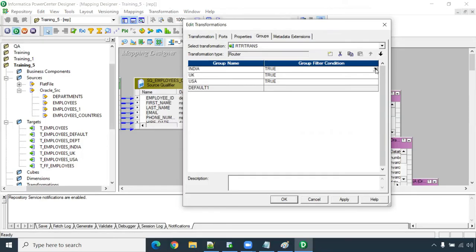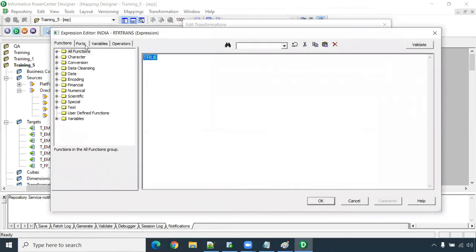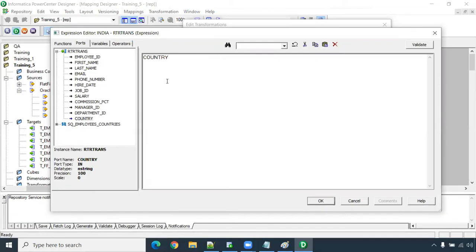You can go to the first one, this is where you put the condition. You can make country equal to India. It's case sensitive, so you have to make it correctly. If you think you may get the country in different cases, you have to put upper of country equal to India. If you make it like this, then there are no issues. Whenever the country comes in lower or upper case, it will be converted into upper case, then equated with uppercase.